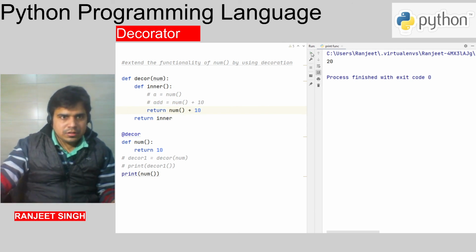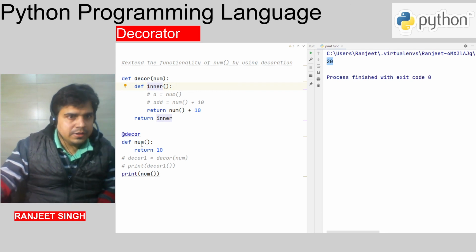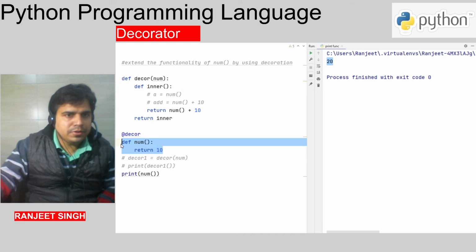Now run this. Again you will get the result 20, right? So you can write it like this also, right? Now it is very simple, right? So now we extend the functionality of num from 10 to 20. Now we can get the result 20.